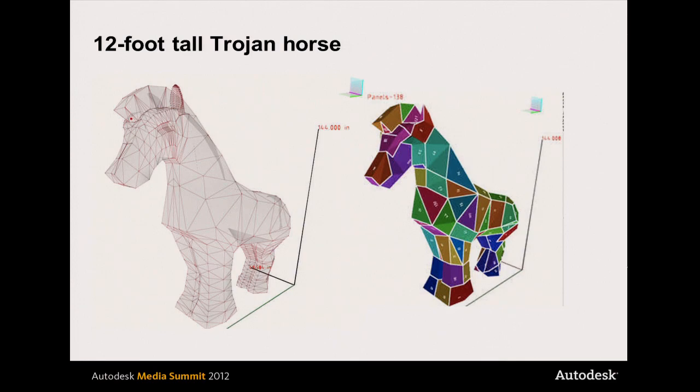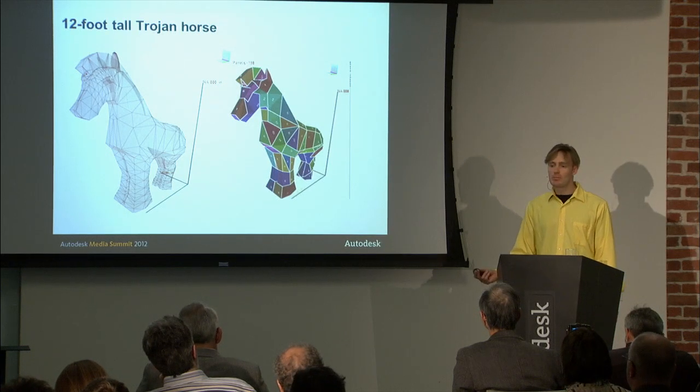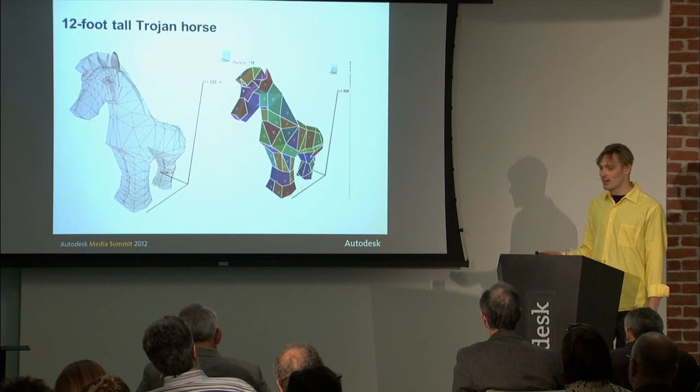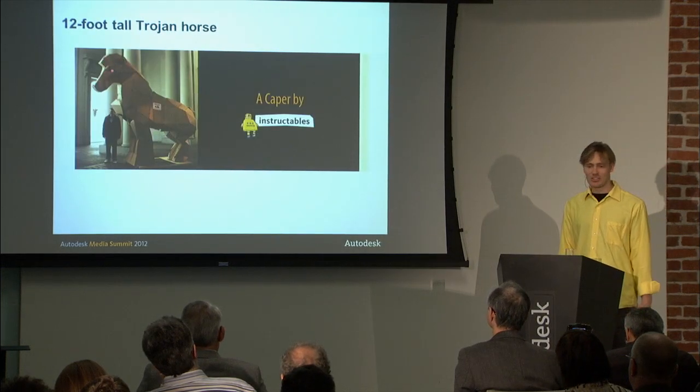So to tell the final story, I invite authors from Instructables to come be an artist in residence at Instructables. I just say, hey, show up for a month, use our tools, do whatever you want, and we've got the world's best tools, we've got a cool environment. Come hang out and just do fun stuff. So one of my artists in residence named Oliver decided, hey, wouldn't it be fun to make a 12-foot tall Trojan horse? So he modeled the thing up in CAD and then went ahead and actually built it out of